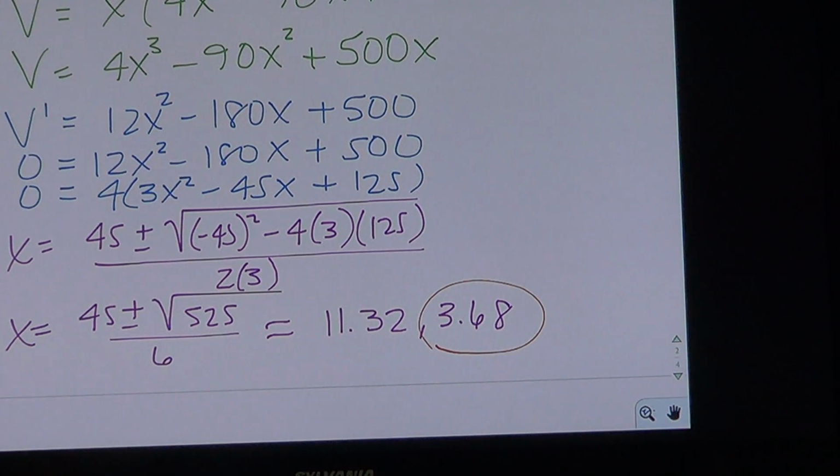That is the length of the x. And they also asked you for the resulting volume of the box. So how would we find that? I thought the volume was the V that we were solving for though. We solved for the x though. So we have to plug this back in to find the V. So this is the x, that's the length of the